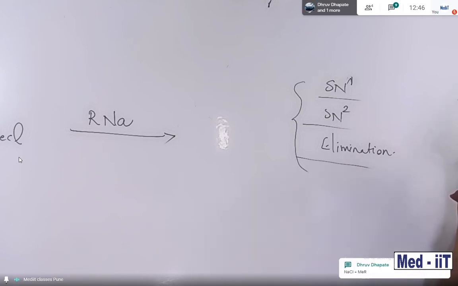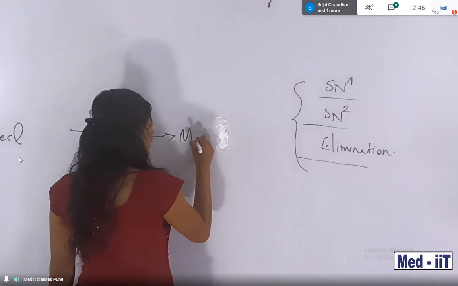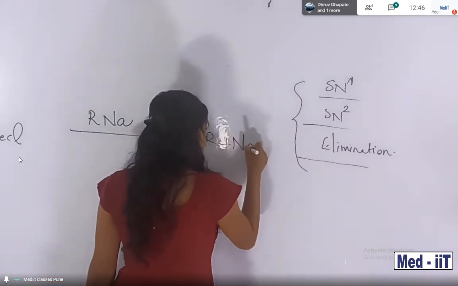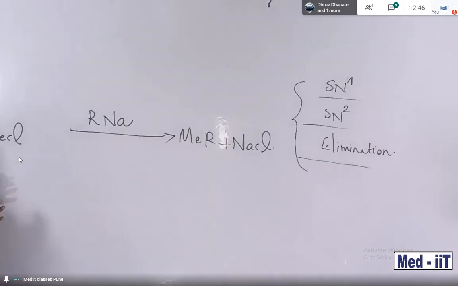Doing or not, students? NaCl plus MEr, of course, correct. MEr, very good. MEr plus NaCl. Okay, simple task only. During your exam time, you can see a big cycle-wise concept. You don't need to worry about that, because the concept is just this much. If your basics are thorough, then no need to worry. Okay, so one more.